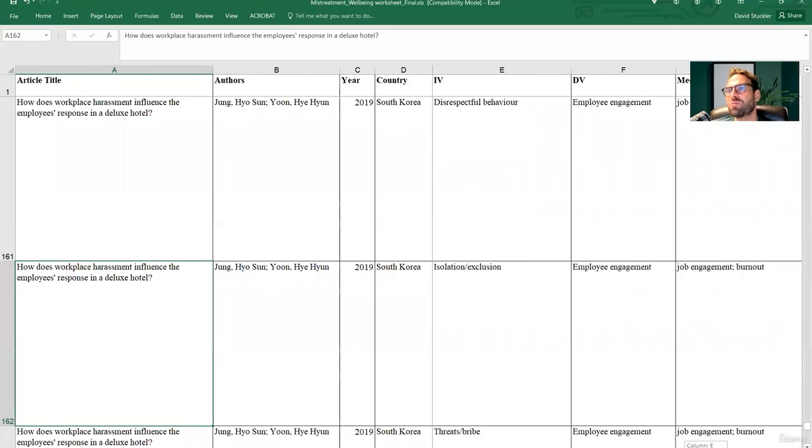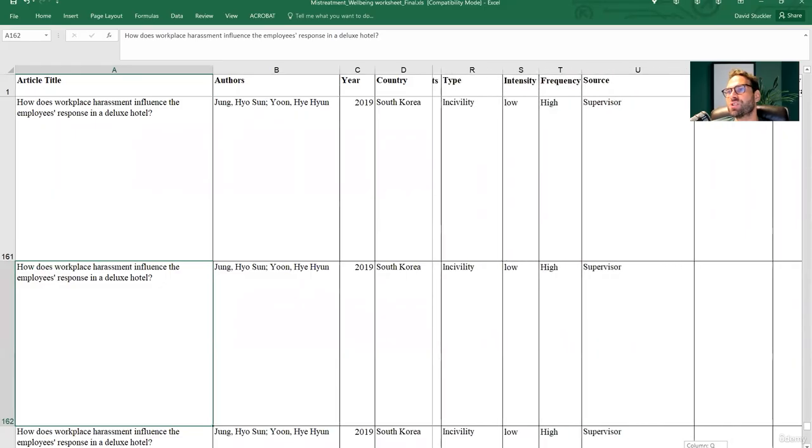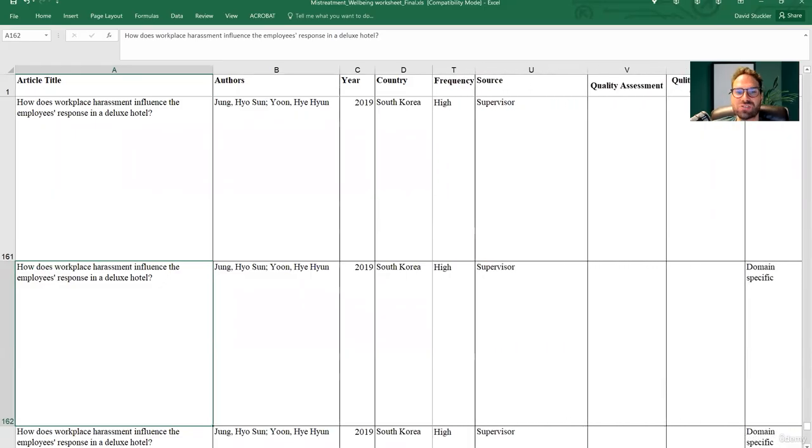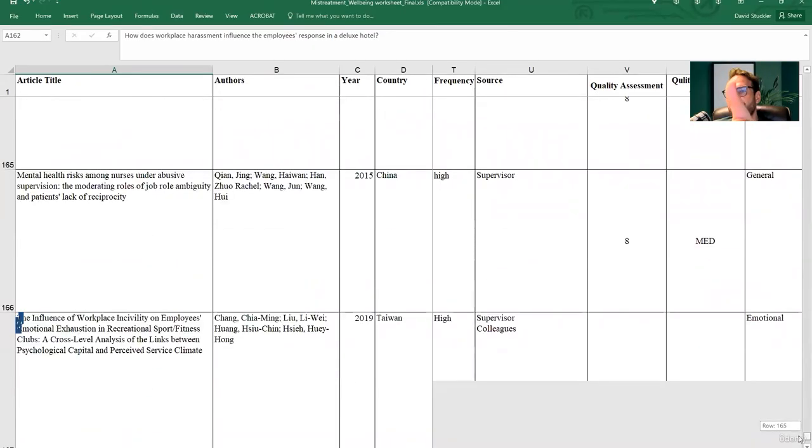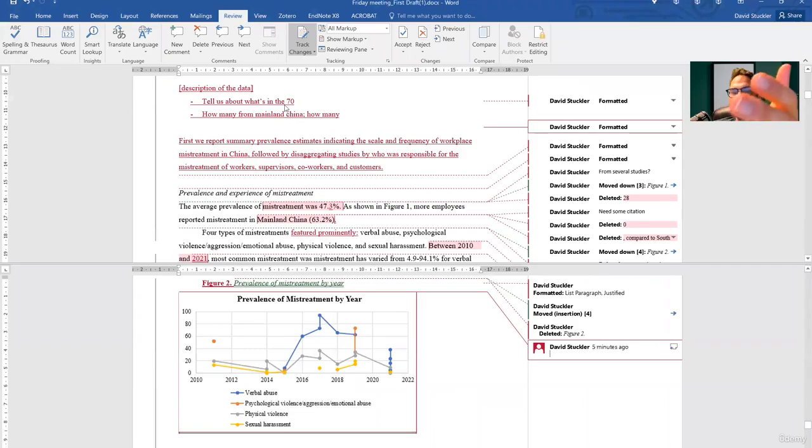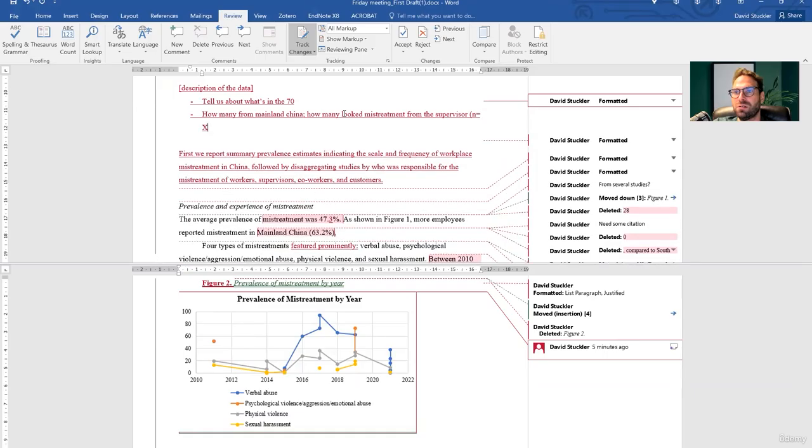Okay, yeah. So for example, what I was going to do here was summarize. You'll see we did this with Cornelia, so we made an extra sheet. We had one without the duplicate entries, and then we made others with duplicates where we might have had multiple findings from the same study, which is fine. But for example, I wanted to do a count of, okay, of your studies, how many involved the supervisor? So right here, X for how many looked at mistreatment from the supervisor, n equals X, right? The coworkers, I want that. Those are the kinds of summary statistics that you want up here.